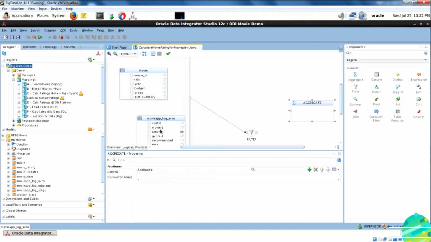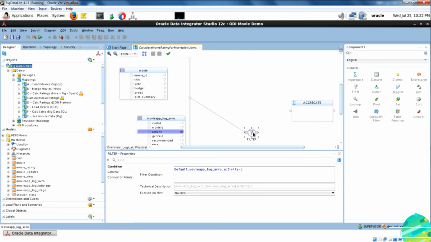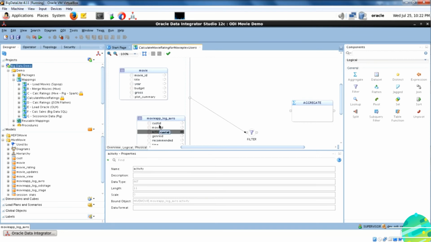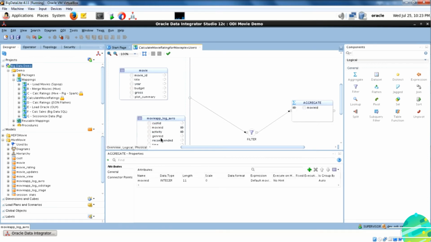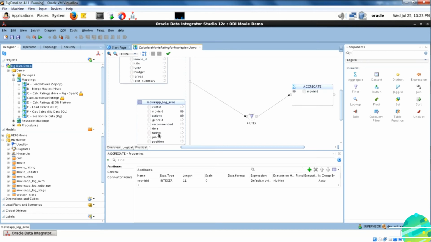After the filter, next you are going to add aggregate. This is where you will calculate the rating on filtered data. You're going to take the movie ID from the movie log AVRO and then the rating.